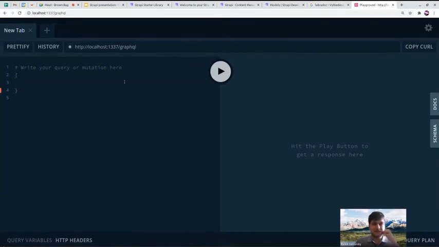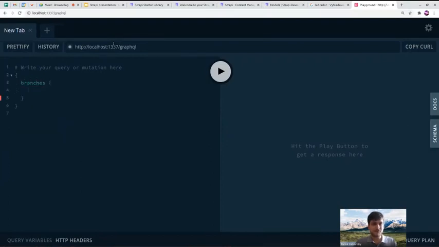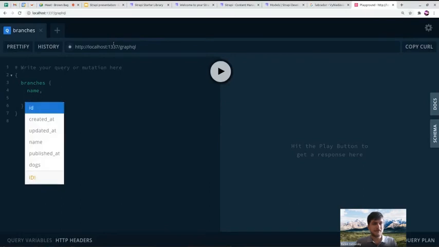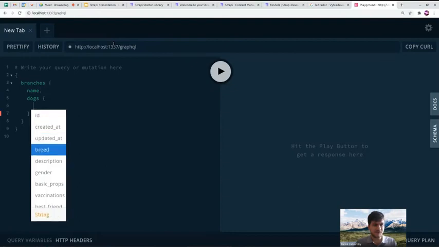So I don't know if you are familiar with GraphQL. If not, then I'm sorry, there is no time here to go through that. But basically, you define in the query exactly what you want your API to return. So we are interested in branches, and for each branch we want to get its name. We want to get all of its docs, and for each of the docs we want to get its name, which is hidden